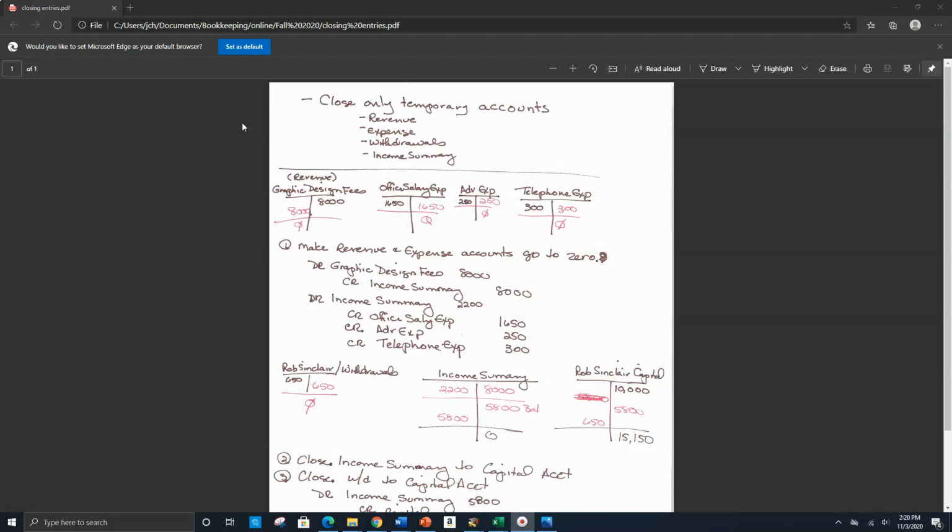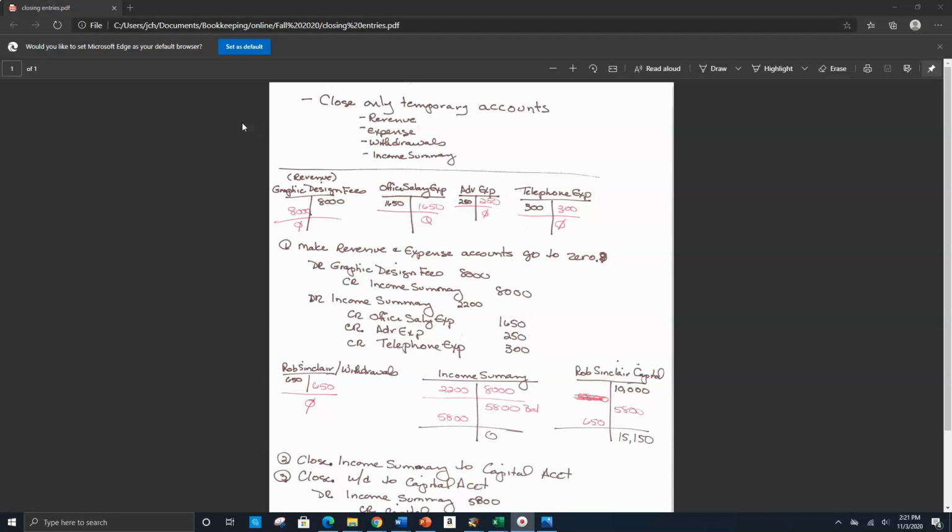And the reason is, remember, the headings on our income statements are for the month ended October 31st, or for the quarter ended October 31st, or for the year ended October 31st. So if we're only looking at income statements for a certain period of time, we need to somehow get our income statement balances back to zero when we start the new year. In January, we don't want our beginning balance in revenue to have a number in it. You want it to start at zero. You want your expenses to start at zero. So we have to close these accounts at the end of the year or quarter or month, whatever period we're